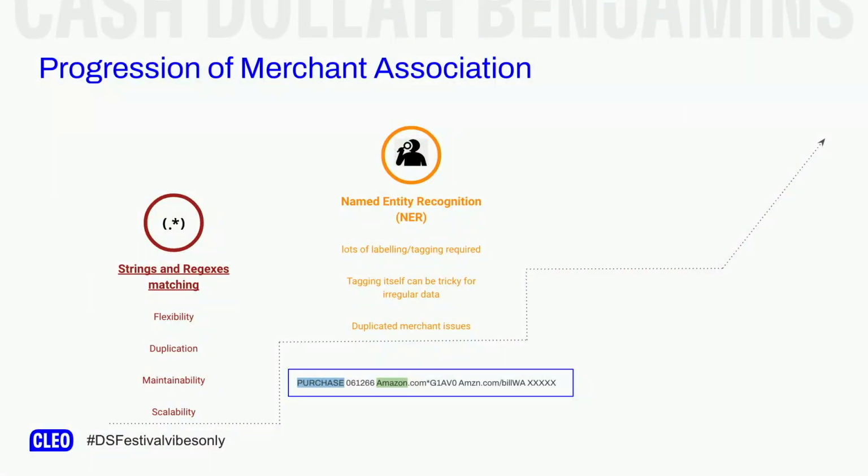The first thing we thought about, as was discussed slightly in the previous talk as well, was to use a named entity recognition system, because we have raw text, and it can have different entities in it. For example, in our case, merchant categories could be an entity. In the example, you can see that Amazon could be a merchant, which is a company name, and a purchase could be a transaction type.